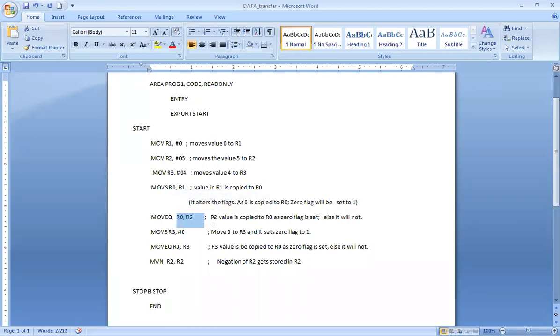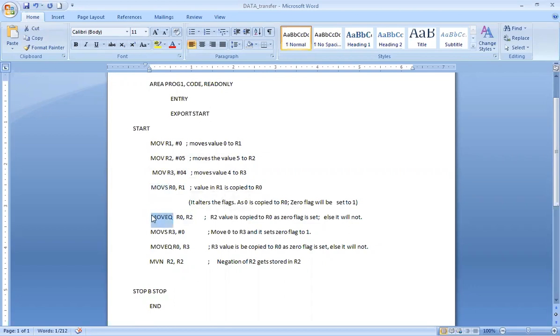So if the flag is set, that is important. If the flag is not set and we try to move some other value, then this instruction will not happen. So ultimately this instruction will enable the zero flag to be 1, and MOVEQ